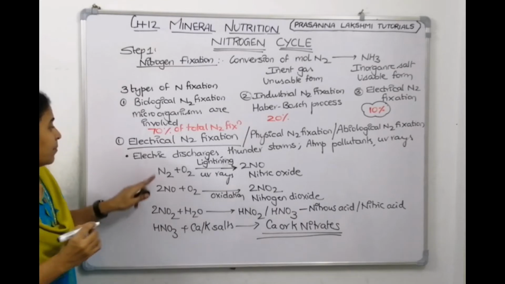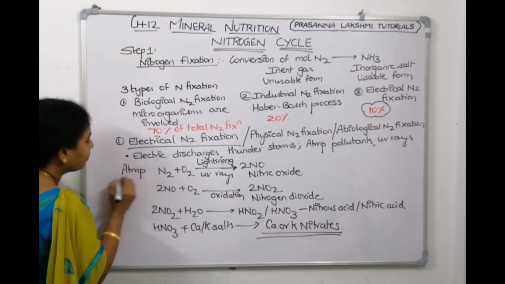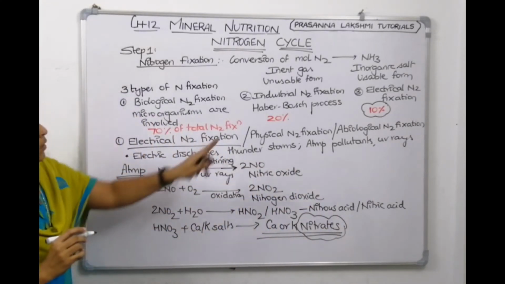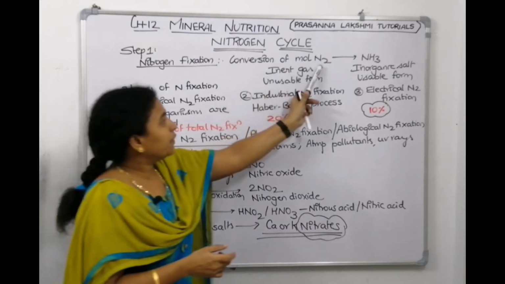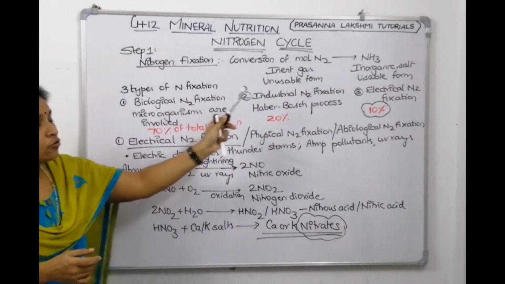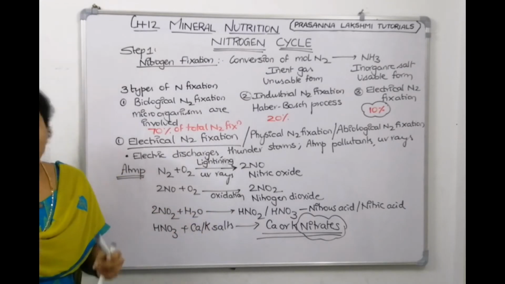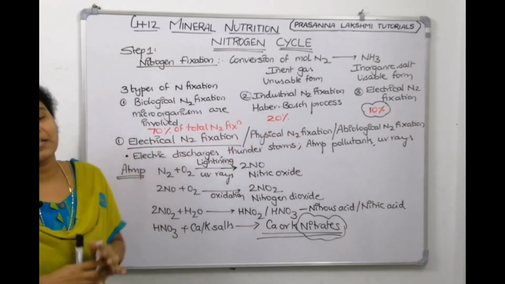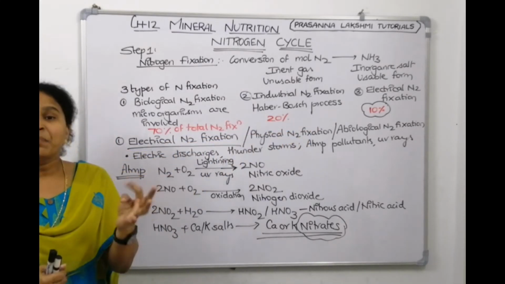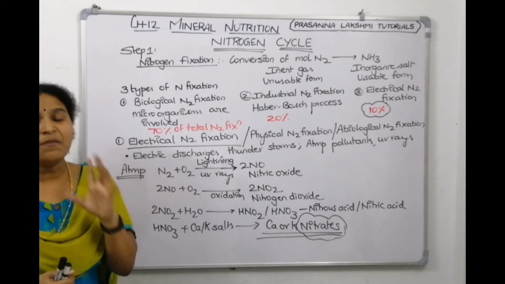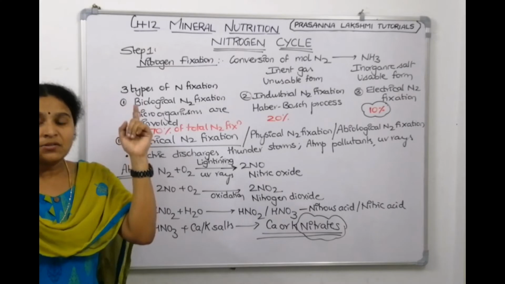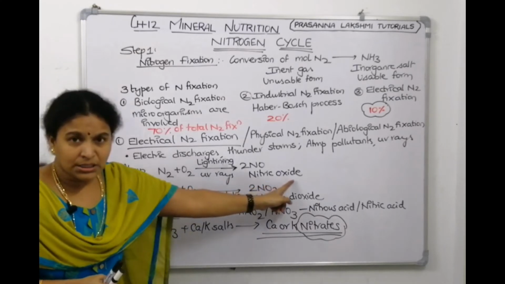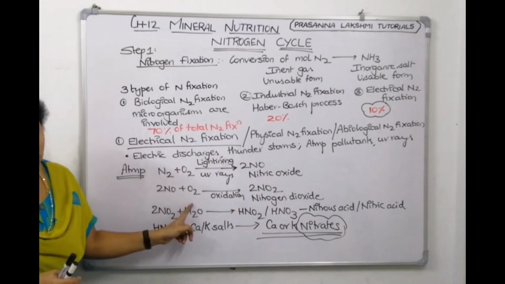So in this manner, the atmospheric N2 is fixed as nitrate. See how many steps are there. We told nitrogen fixation means conversion of N2 to ammonia, or nitrite or nitrate. We are talking about electrical nitrogen fixation which accounts for 10%. Now when it is about to rain, lightning, thunderstorms, electric discharges give energy. Using that energy, inert nitrogen gas present in the atmosphere gets oxidized to make nitric oxide. Nitric oxide further combines with oxygen to make